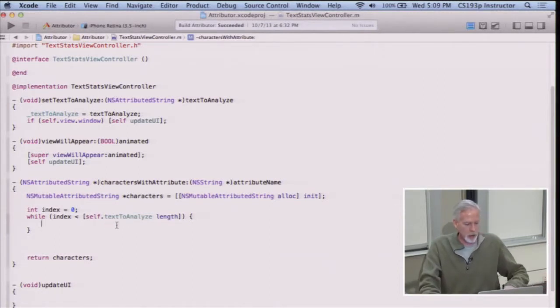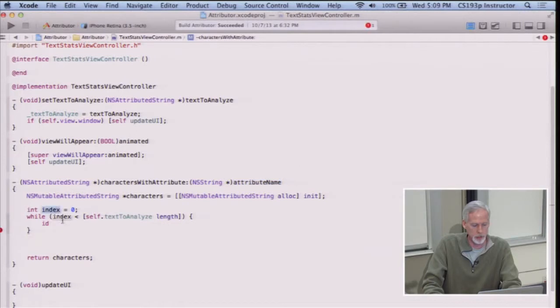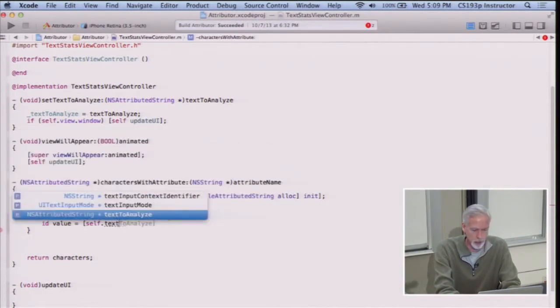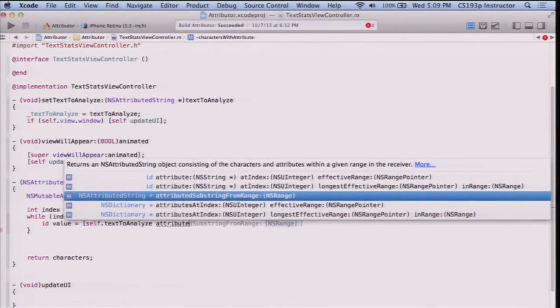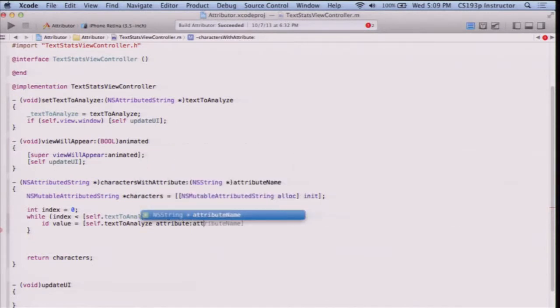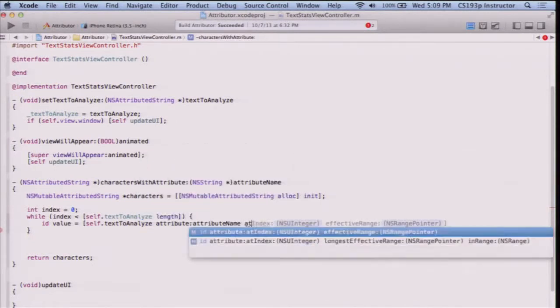So now let's go ahead and get the value of this attribute at this character. So that's value. And the value is an id here because it could be a color, it could be a font, right? It could be an NSNumber. So this is where id comes in handy dandy. So let's say self.textToAnalyze attribute: attributeName atIndex: